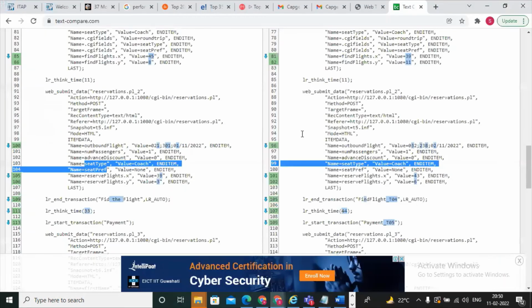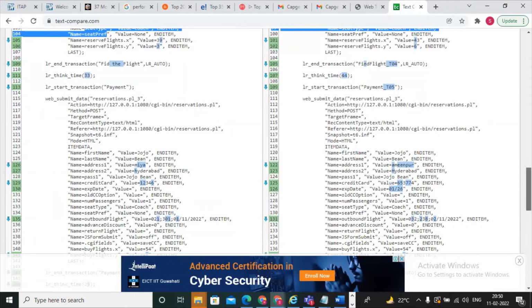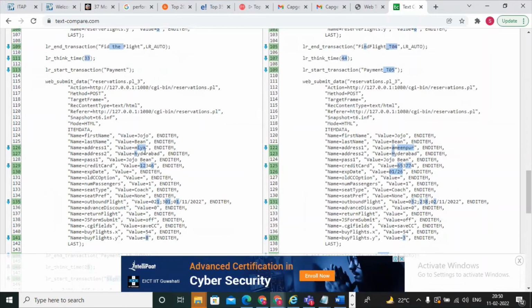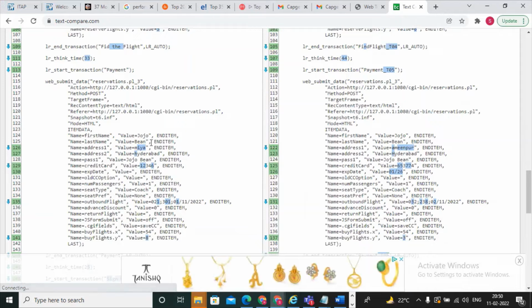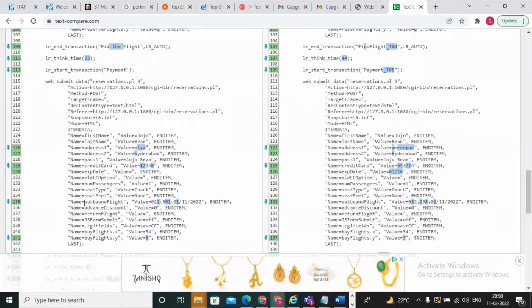And after that you can check again. Come here and see these values. We already know first name, last name, address 1, address 2, credit card number are changing. But these values we are entering through the keyboard, that's why we handle them as parameters. So those values are not dynamic values. After that you can observe again.